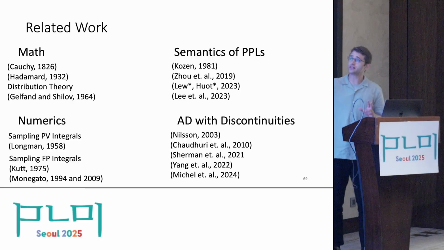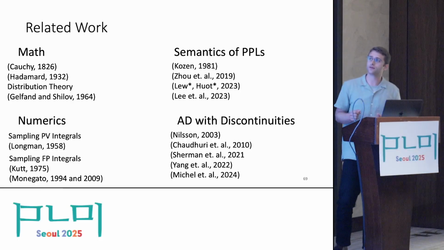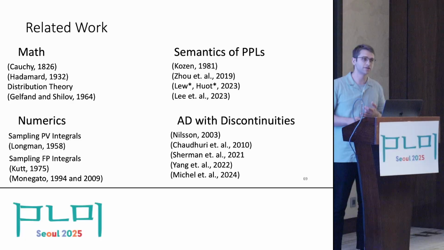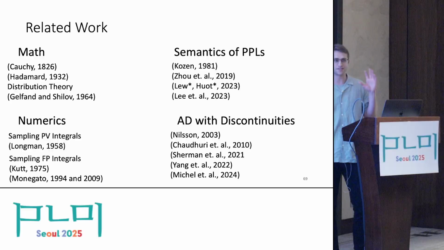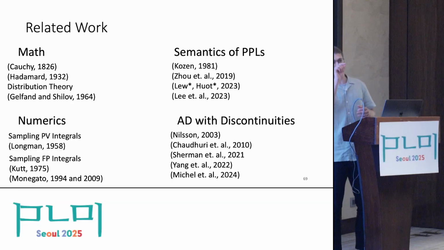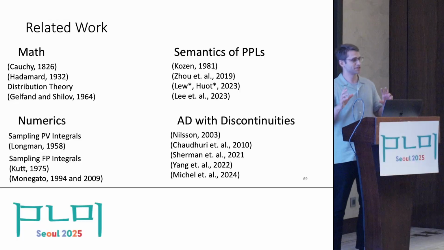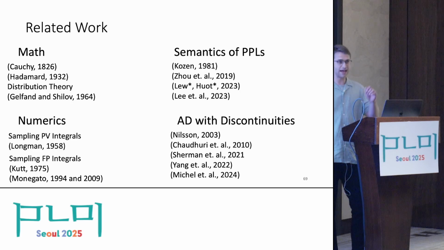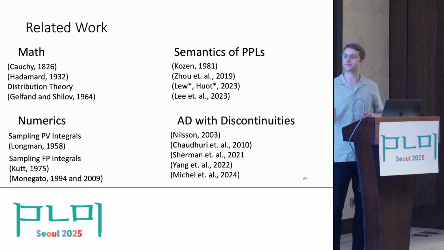So now I'm going to quickly talk about some related work. There are these classic math papers by Cauchy and Hadamard. There's the seminal work by Gelfand and Shilov. It's a big textbook on distribution theory that covers not these singular integrals with parameters in them, but singular integral operators. And then there are these numerics papers, one that has this symmetric sampling idea around the singularity,